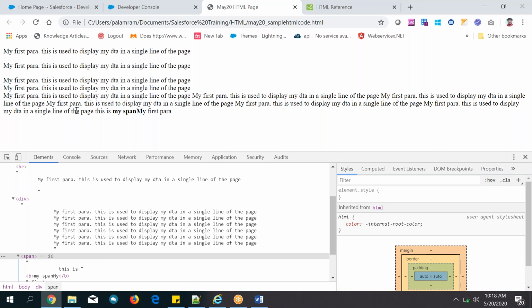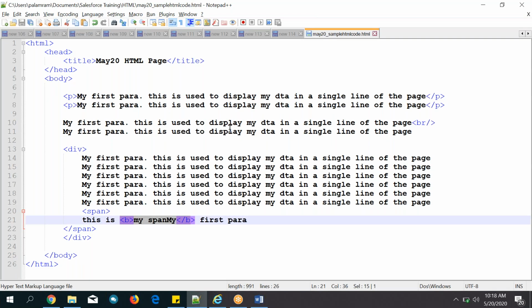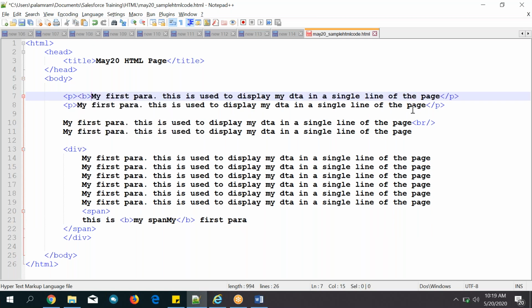And I want to display the whole first line in bold. Where is the first line? From here to here. So what you can do now? Keep this text inside the B tag. B started and B ended here. B tag started, ended, in between you have written some text.